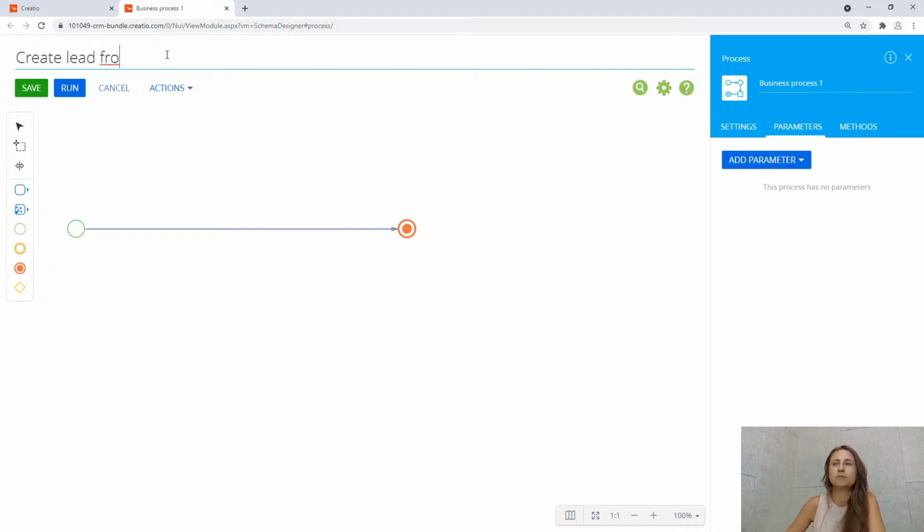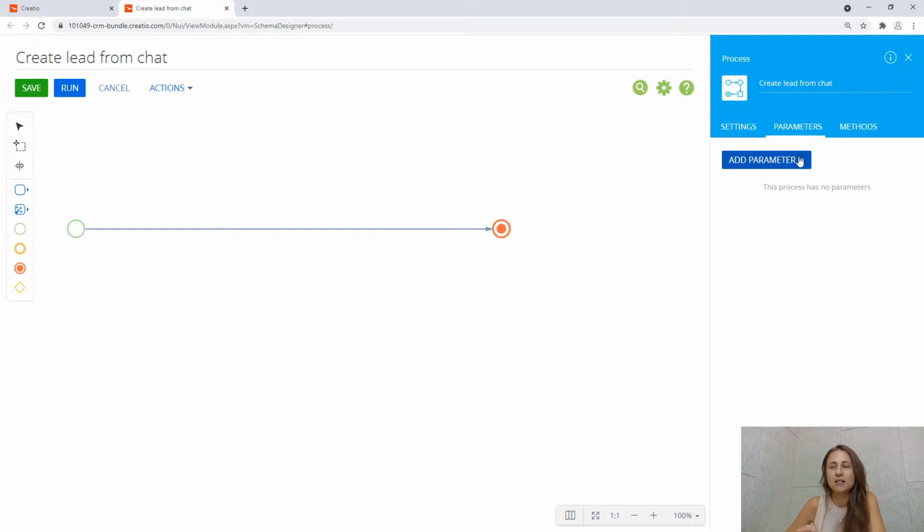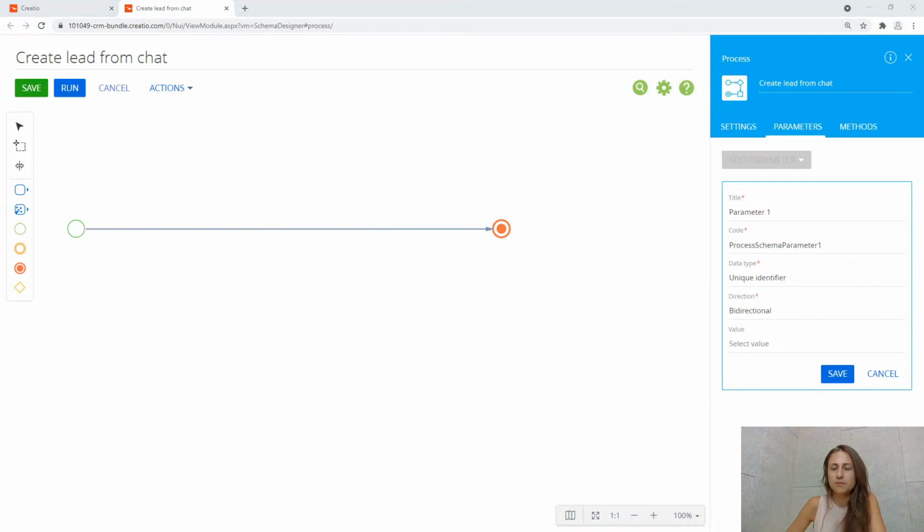That's the name of our business process, and the important thing, one that you need to start with, is the ID, the chat ID, because if you don't set up this correctly, it's not going to work. So it's a unique identifier parameter, and we're going to call it chat ID, and this is actually the code for it. So you can call it something else in the title, but the code has to be exact. And again, you can double check it in the existing process. Now,